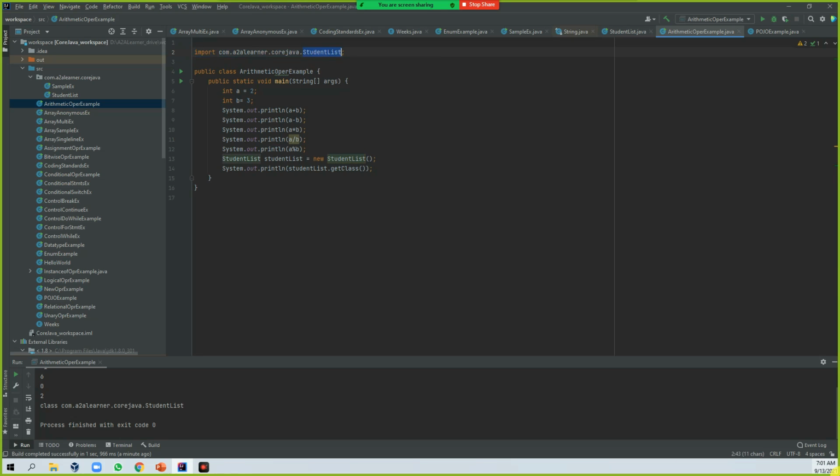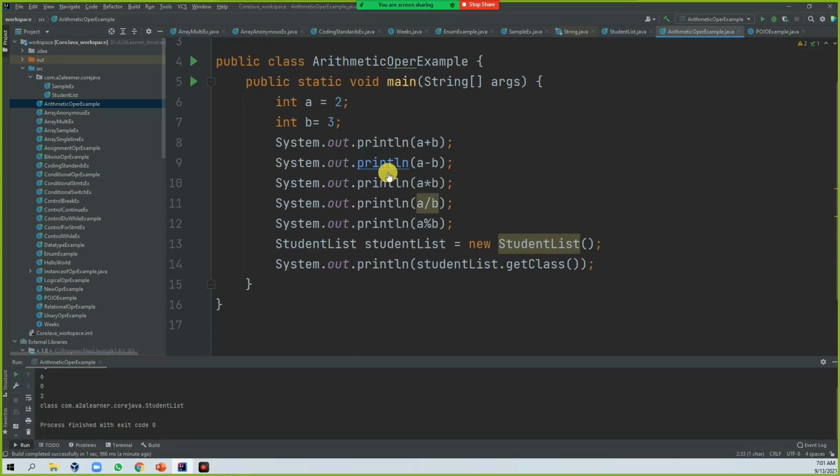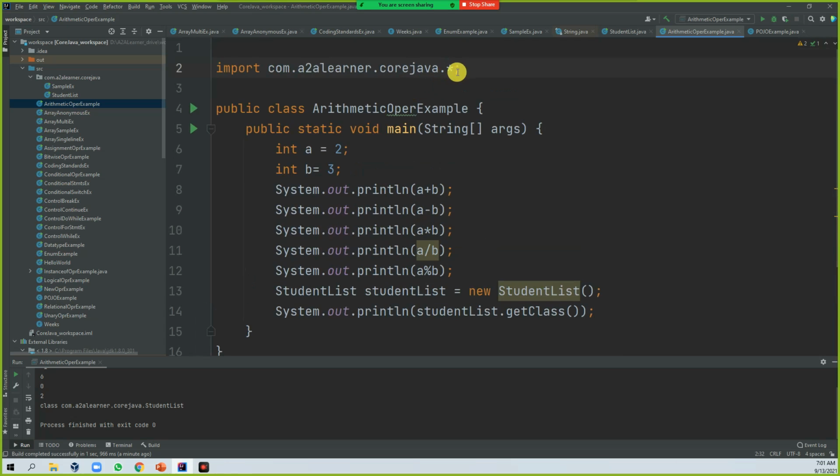But sometimes you might see it like this. Instead of a particular file name, you might see this symbol. What does that mean? Whatever is in the core Java folder here, it has two classes, right? These two classes will be imported into this particular class.